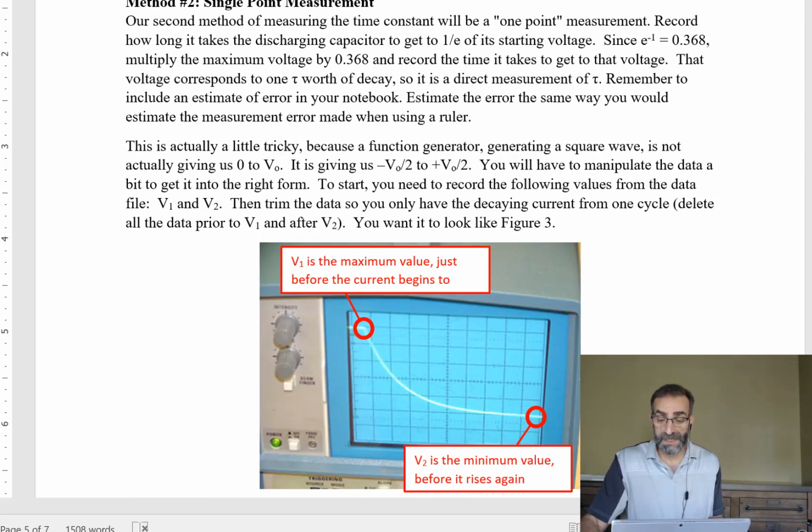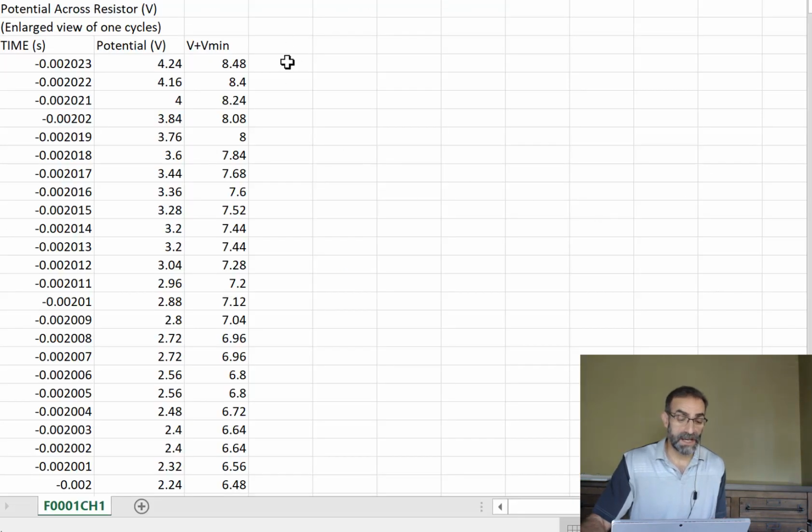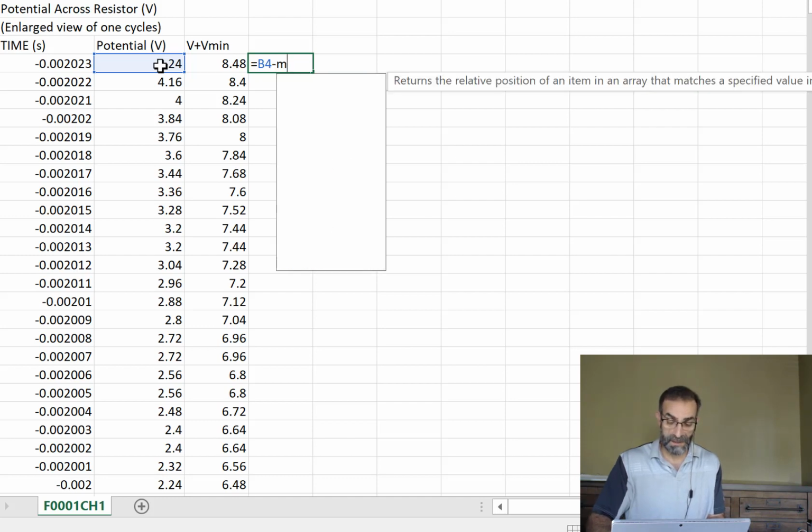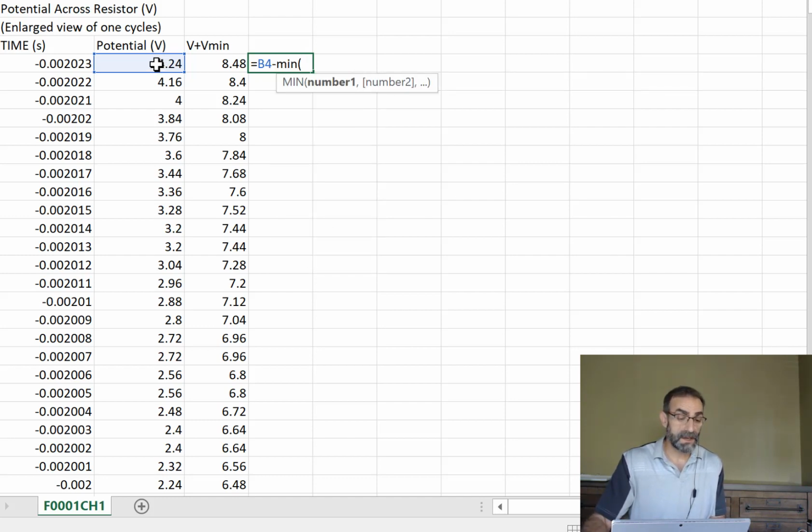Yes, the question was, can we just use the minimum function in Excel to find the minimum? Yes, you could do that. That's a good way to do it. Here, let's do it real quick. You could have done equals this plus, actually not plus, minus, because it's negative, the minimum of